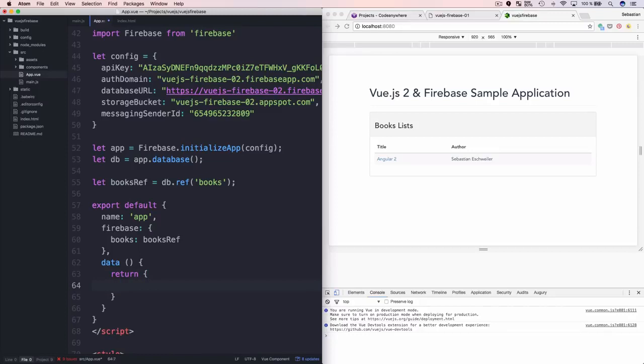And we do need something which is an object and maybe called new book, and this new book object